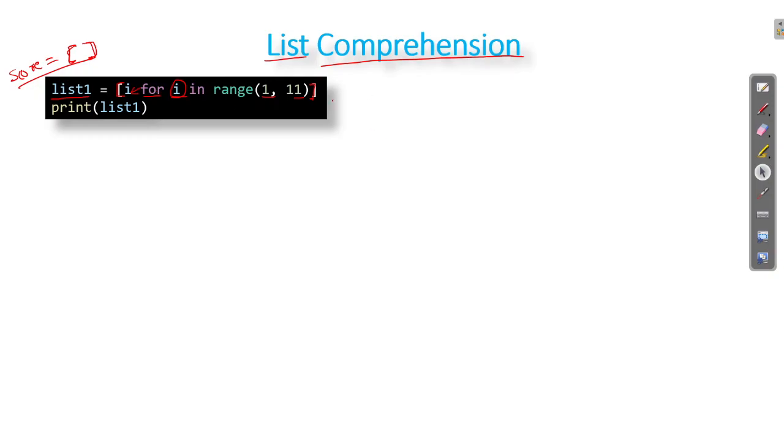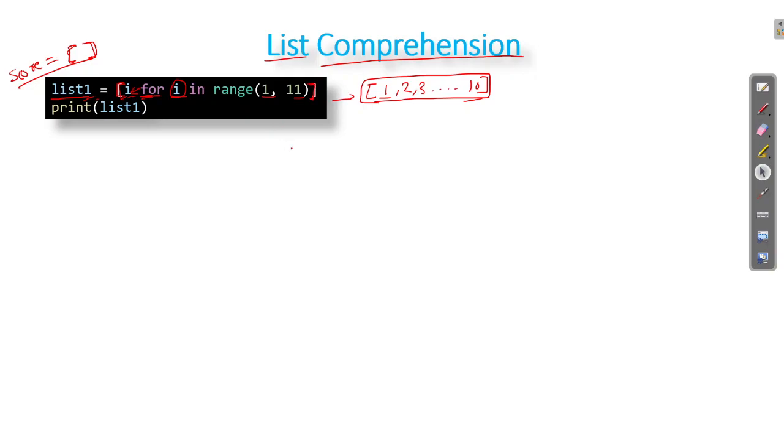So it will print this value 1, 2, 3, up to 10. So our list will be created with these 10 values. So this is list comprehension. This is a much more powerful way to create a list, where we can also provide values in the list while initializing it.